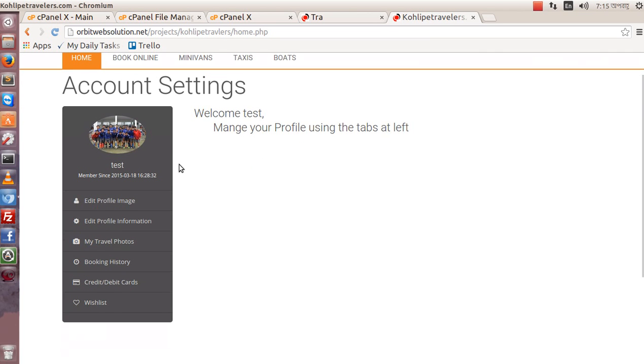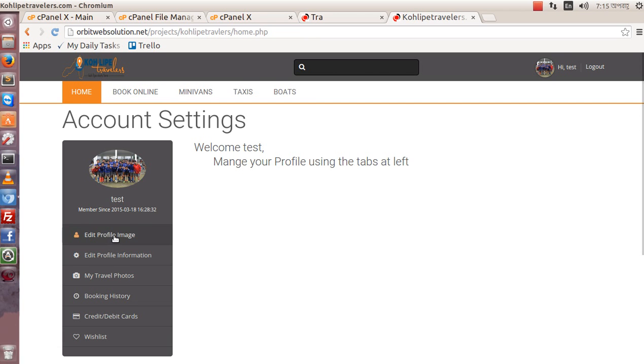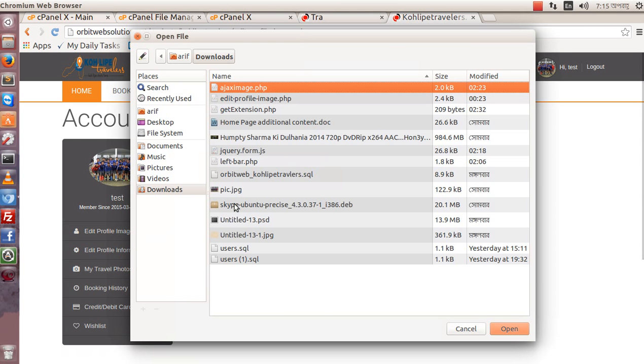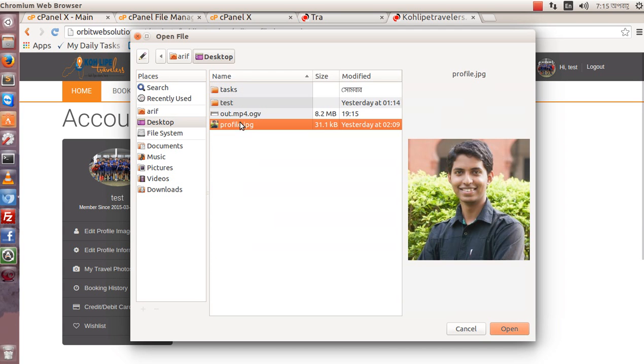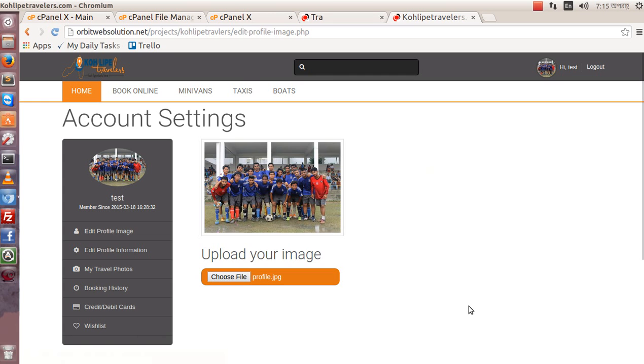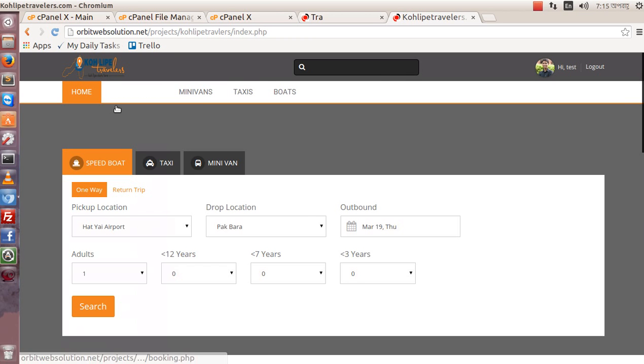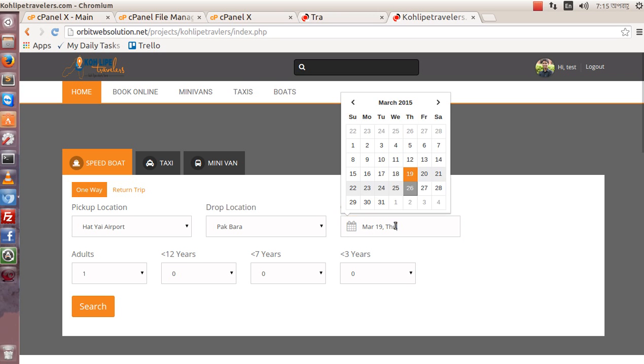Here I can change the profile image by choosing files. I am selecting another profile pic for this, and if I refresh this page, I have successfully changed my profile picture. And if I try to search again for that day,